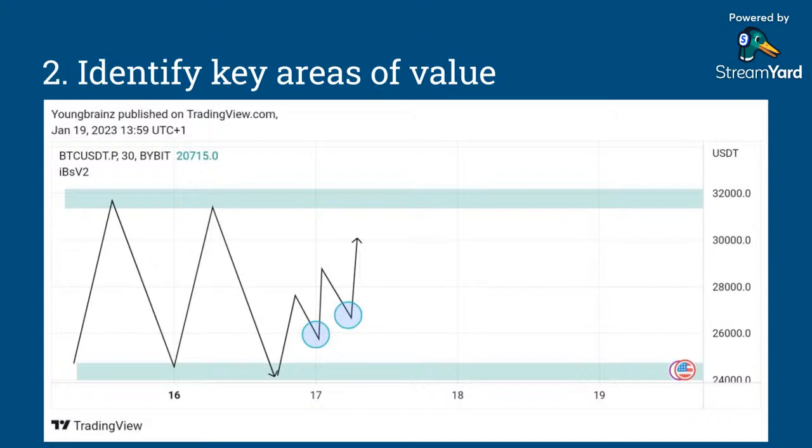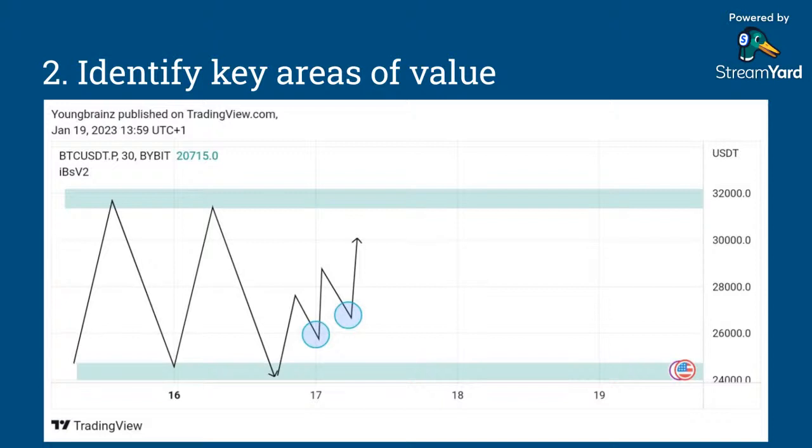So look at the place I marked. If you can see the circle there, the price was initially coming down and then there was a sharp reversal. That's what we call an area of value. Likewise, when the market is going up, look, the market actually started from the support. It was going up and reversed. That place where there's a sharp reversal is what we call the area of value.